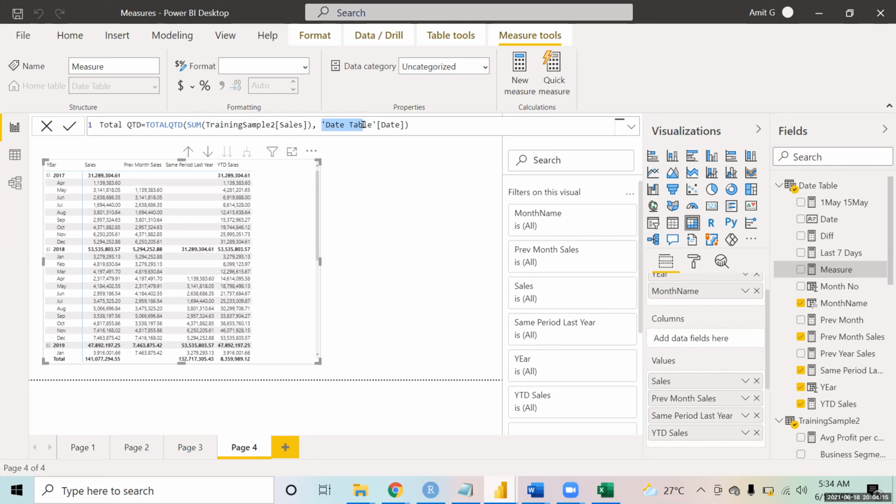That's it. The thing that we change in the calculation is this: YTD sums up the numbers at a yearly level, while QTD is going to add up the numbers at a quarterly level. So after every quarter, you will see the number addition change. If I make this total QTD and bring this field over here.